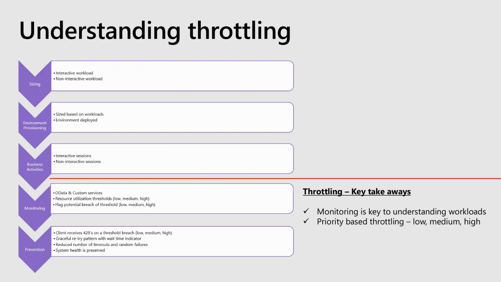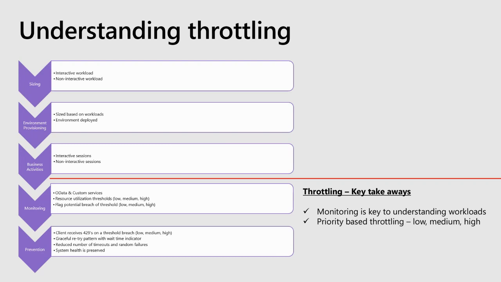At a very high level, what this means is if the system is unable to process any more requests, then it has to throttle. Now, should the system start throttling requests as they come in, like first come, first serve, or should there be some intelligence in the system where, as a user, we can go and tell the system that out of my 20 integrations that I have, 15 are OData, 5 are custom services, and I am assigning priority of low, medium, or high to these integrations so that in case you have to throttle my integrations, then